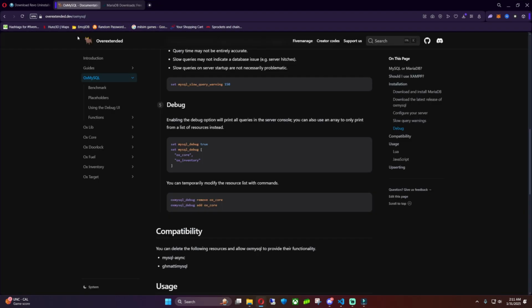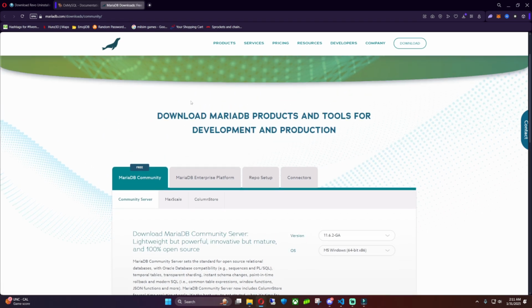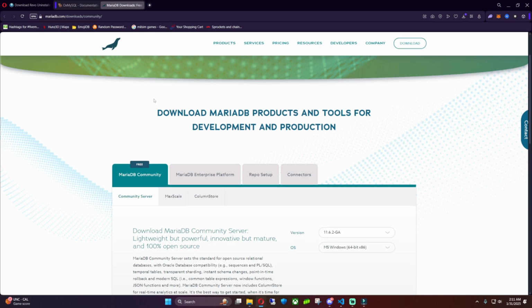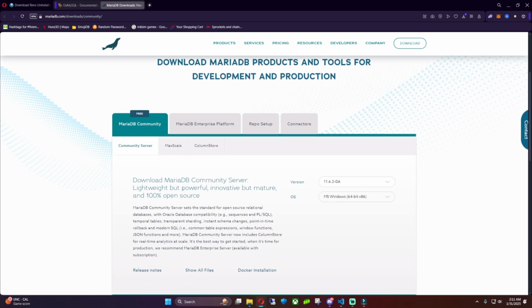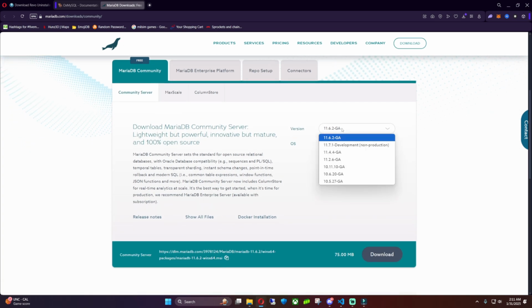And you want to download MariaDB. So I'm going to also leave this in the link in the description. If not, just look up MariaDB database. And then it should bring you to MariaDB community. From here, you just want to click on the latest version right here. You don't want to click on the development one. That one's not stable yet. So just click